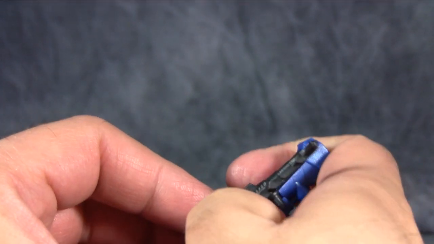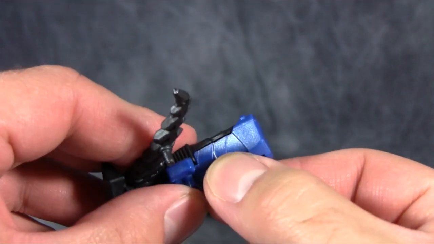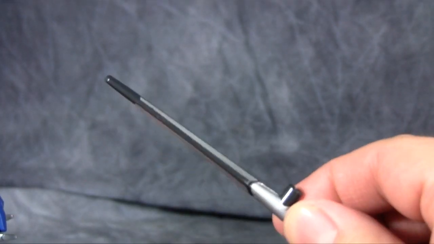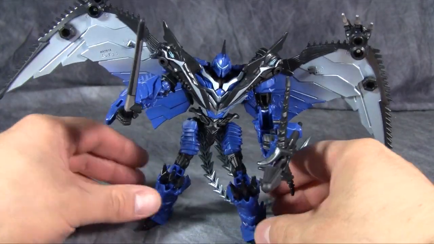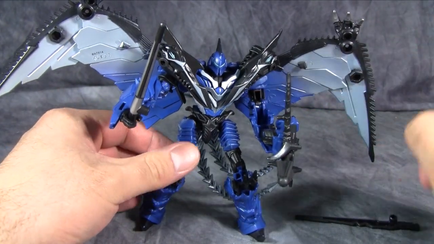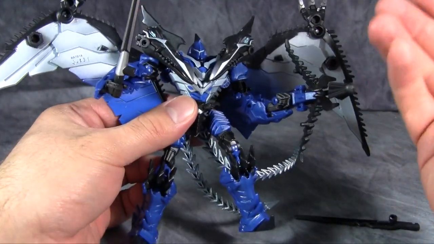And it actually can be taken apart very easily. You just get your nails in there and lift up, and it'll just come apart. So I don't really care for the crossbow, even though it does look like a bat, but I like the swords. Posing Strafe is a bit tricky simply due to the overall top heaviness of the figure, but you can get some okay poses. My only real, truly big complaint with this figure in robot mode is